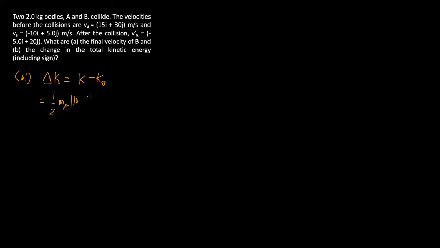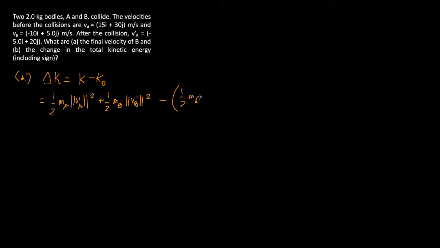This is a scalar quantity, therefore kailangan natin gawing scalar. V sub a prime quantity squared plus 1/2 m sub b times the scalar of v sub b prime quantity squared minus the quantity 1/2